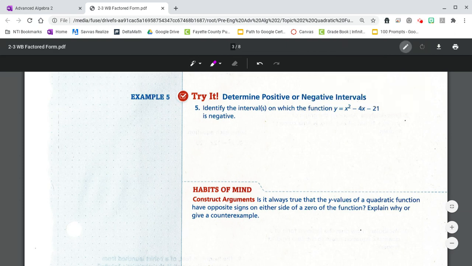So keeping that in mind, let's skip down to example 5, where it says determine positive or negative intervals of a function. So we have the function y equals x squared minus 4x minus 20, and we're wanting to determine where this is negative. So it would be helpful if we had a graph. And so what I'm going to do is I'm going to factor this. So if I change this into factored form,